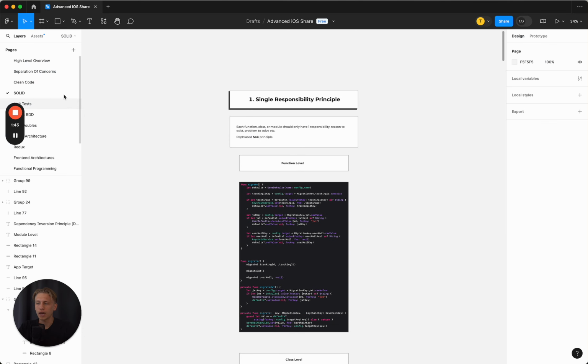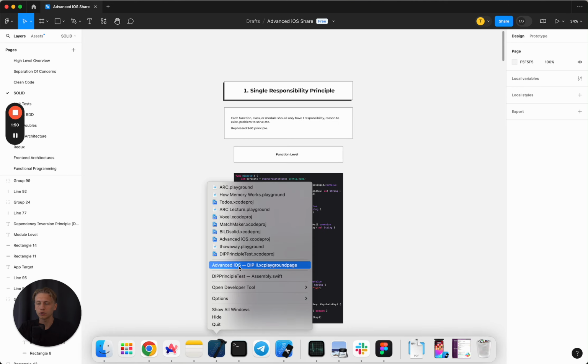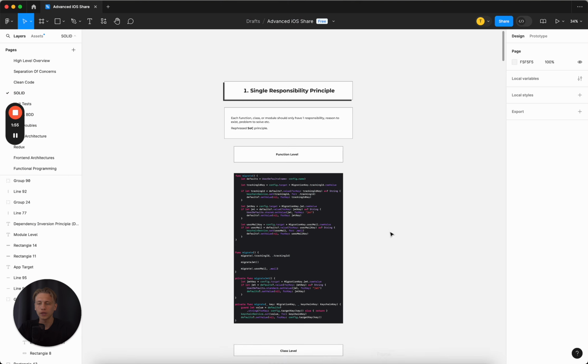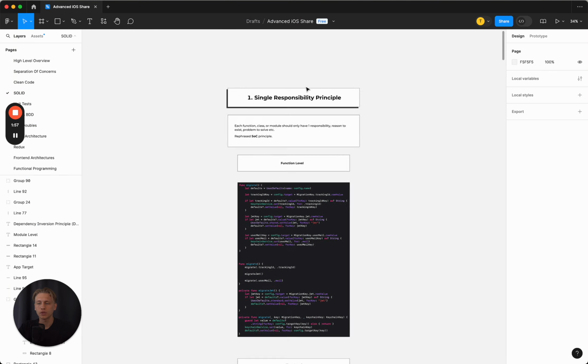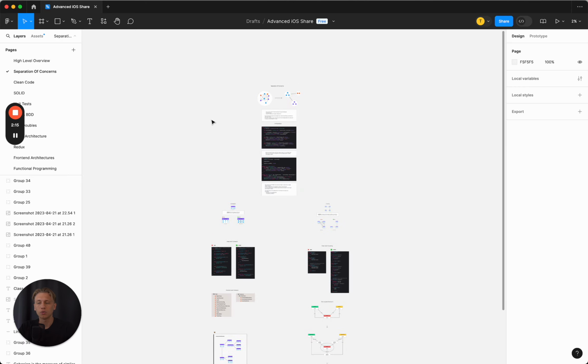For this, we have a slide in Advanced iOS Figma, and I will also use the Xcode project Advanced iOS, where we are going to play with the code as well. All right, so let's dive in. Single responsibility principle states that each function, class, or module should only have one responsibility and reason to exist, or problem to solve, etc. You can see how it is very similar to separation of concerns principle, where it states that